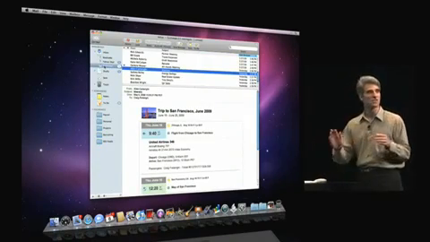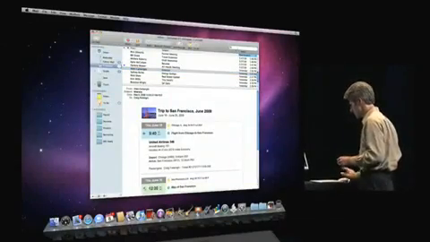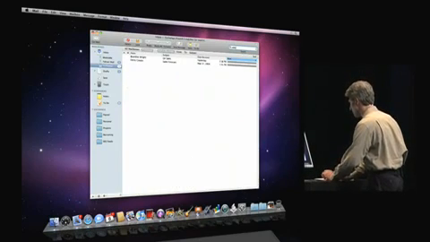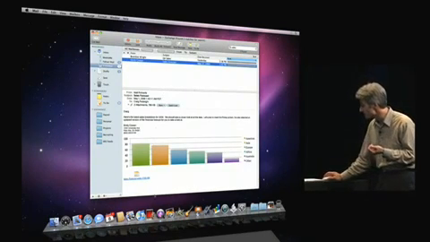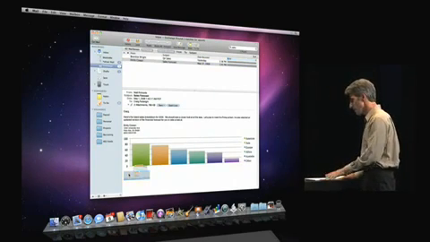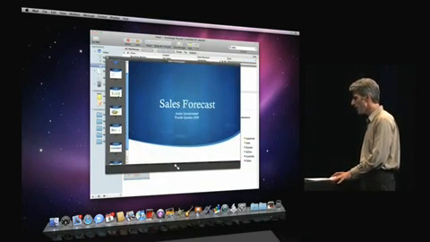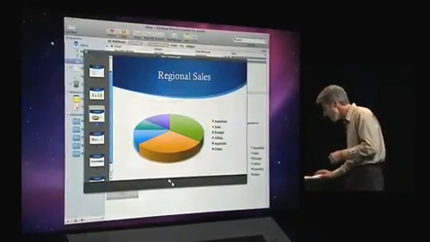But I also have access to all the Mac OS X technologies in Mail, even on my Exchange email. So Spotlight, for instance. I want to do a search for a sales presentation, instantly searching the Exchange data. And you notice there's an attachment here. It's a Microsoft Office PowerPoint. I get Quick Look to preview that live within Mail, whether or not I have Microsoft Office installed. And you know,